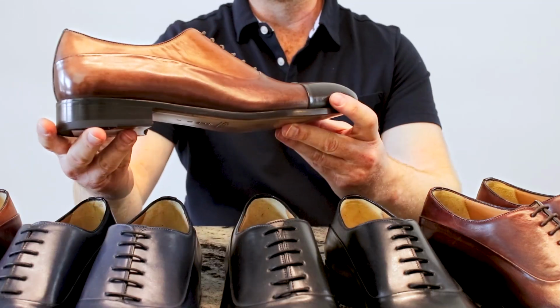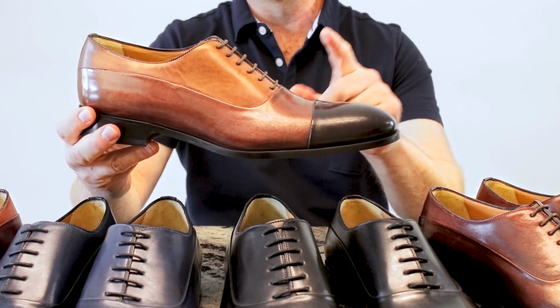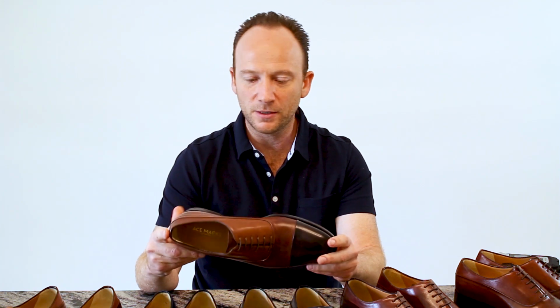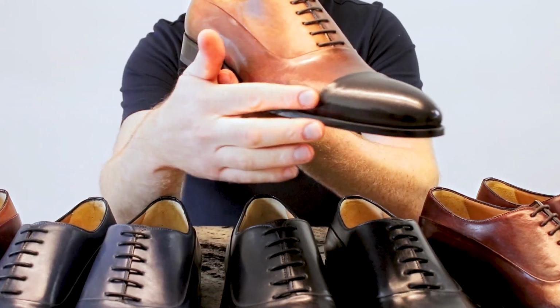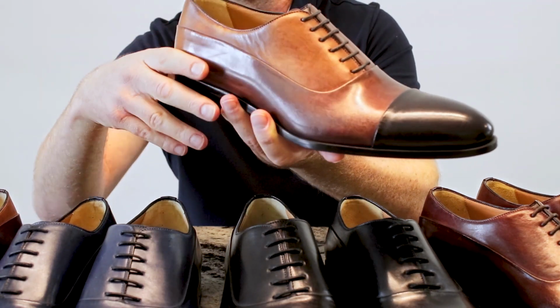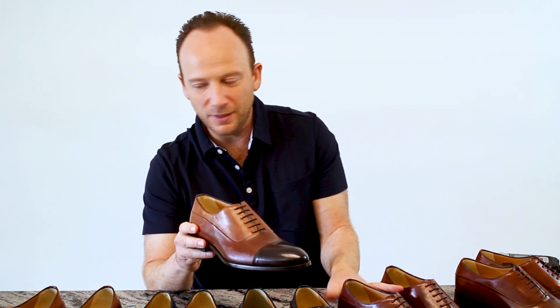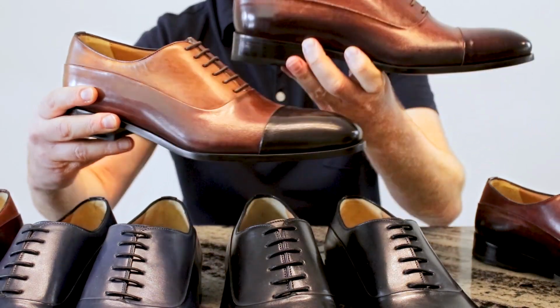And then we can go into something that's a little bit more non-traditional, let's say. It's got three different colors. This has a dark brown on it, a brown, and also a cuoyo. And you can see over here the distinction between the dark brown and the cuoyo. So this is one shoe where you get to see all three at once. And I'm going to pick this up immediately and show you the difference between these browns and then a cognac